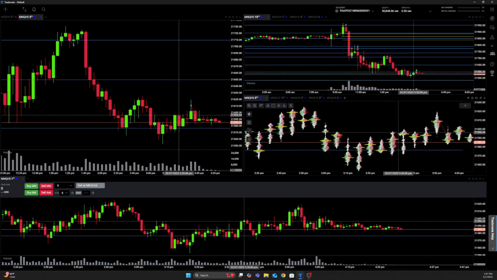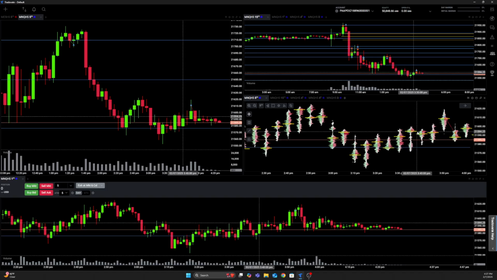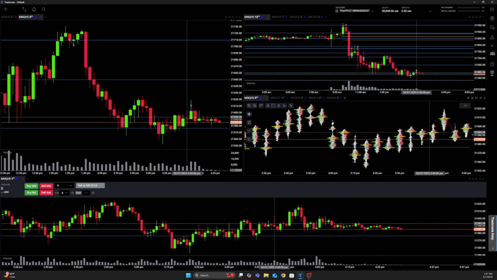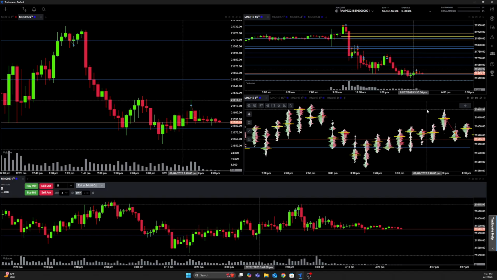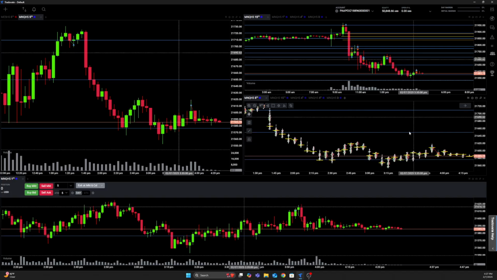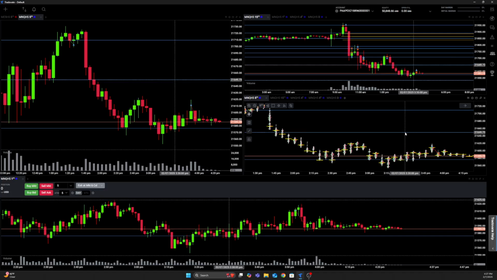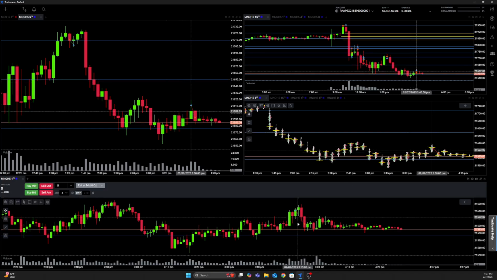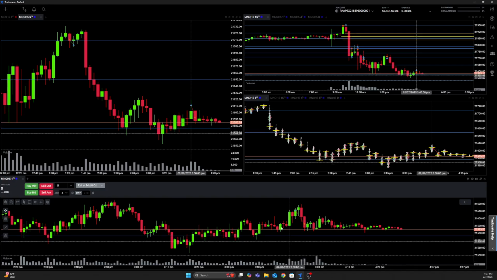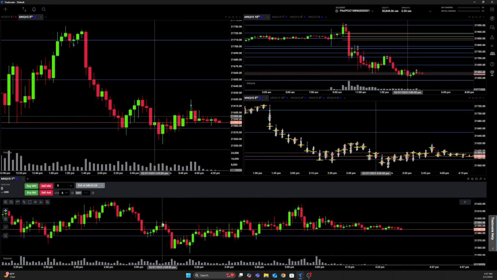If I come here, we had one of those kind of volume shelves I was talking about. You can see that we have a lot of volume around like 600, and then above that nothing until like 610, and then we have quite a bit of a gap. If we look at this, we have quite a bit of a gap up until this level, like 650. So it looked like we were getting a breakout here on the 1 minute.